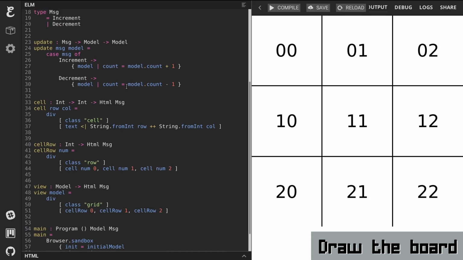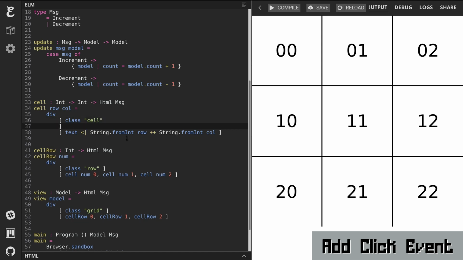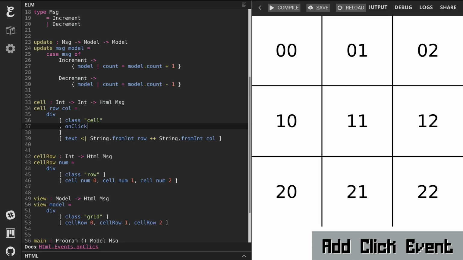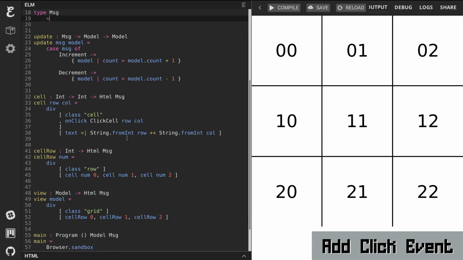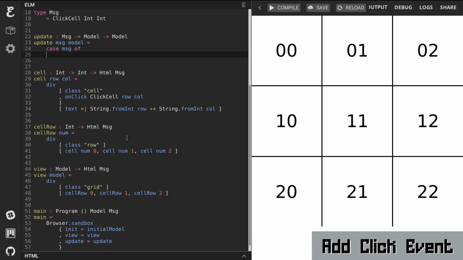The whole reason we did that is so that now I can, on click, have some message type that's click cell, row column, something like that. Okay, so type message, click cell, int, click cell, row column equals,